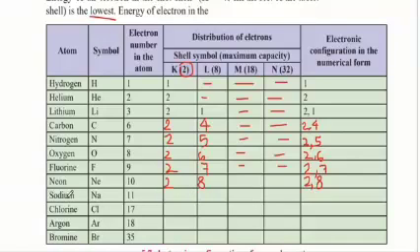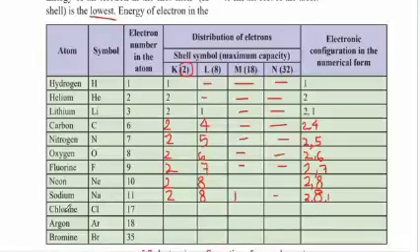The next one is sodium. Sodium is denoted by the symbol Na and it has 11 electrons in total. So, the first 2 electrons would go in the K shell and 11 minus 2 would give us 9. But L shell can only contain 8 electrons. So we need to put 8 electrons in the L shell and now 9 minus 8 would give us 1. So that 1 electron would go in the M shell. But N shell would remain empty. So now our configuration would be 2, 8, 1.